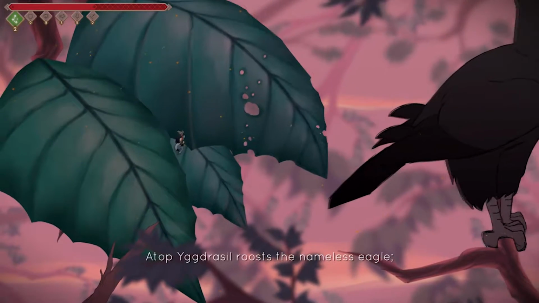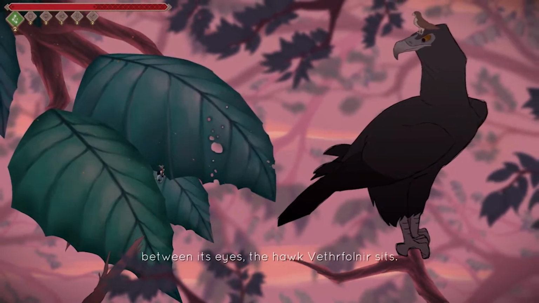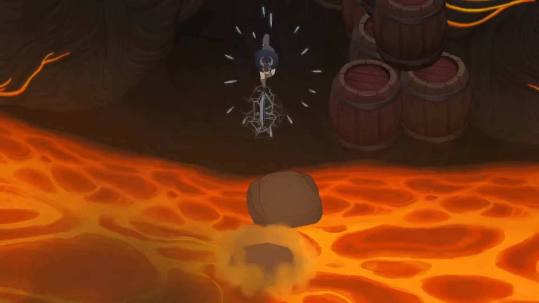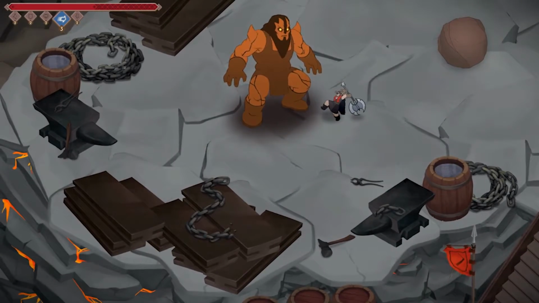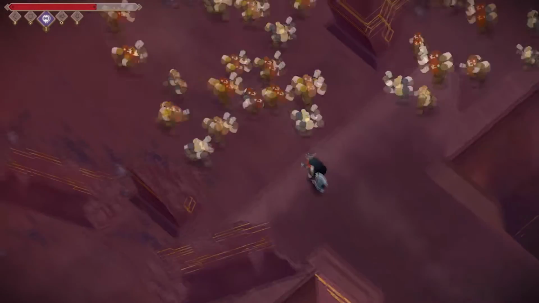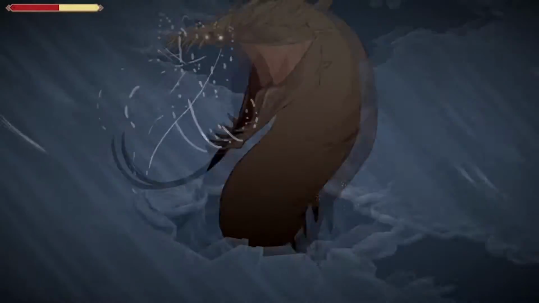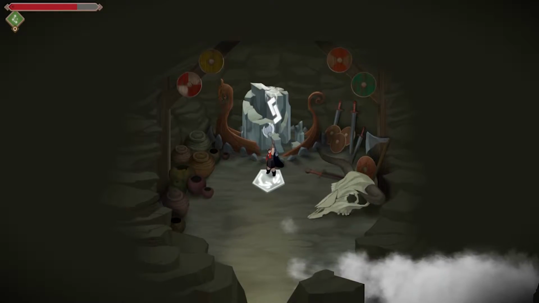The exploration levels are completely different from one another, but utilize Thora's three abilities, a light attack, a heavy attack, and a dodge roll, in unique ways. Within each level, the player must overcome obstacles, like fissures that spew fire, swarms of crazed dwarves, and the mighty creatures of myth. At the end of each level, Thora receives a rune, necessary to allow her access to a